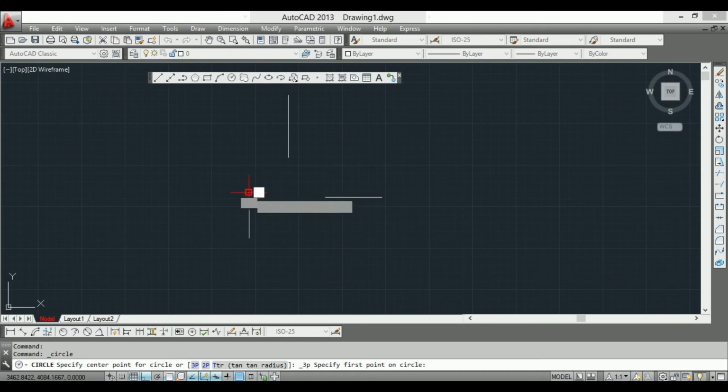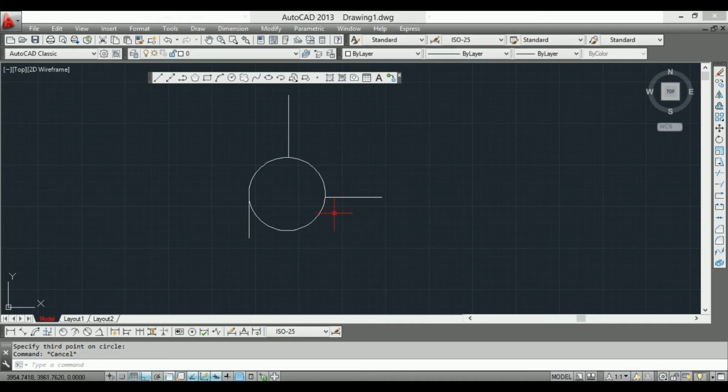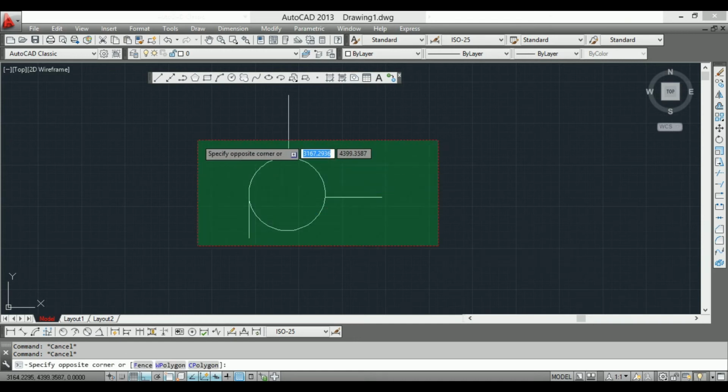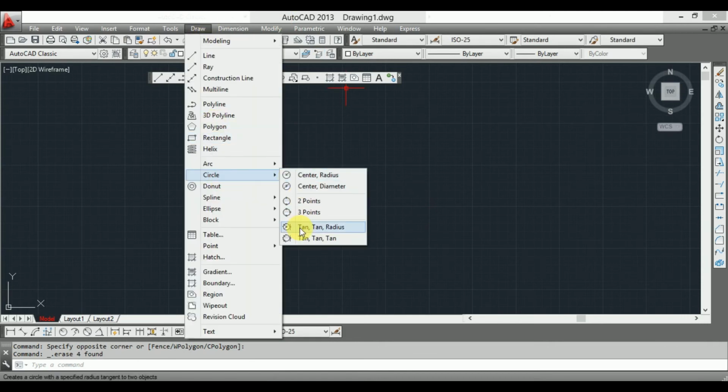First point this, second point this, third point this. You can see this circle has gone through the 3 points. And the fourth case in the circle command, guys, is to draw a circle with tangent, tangent, and radius.